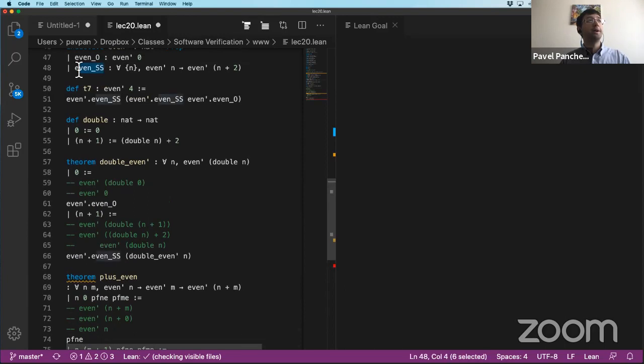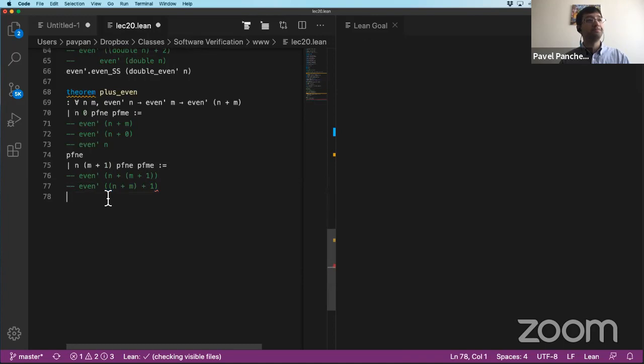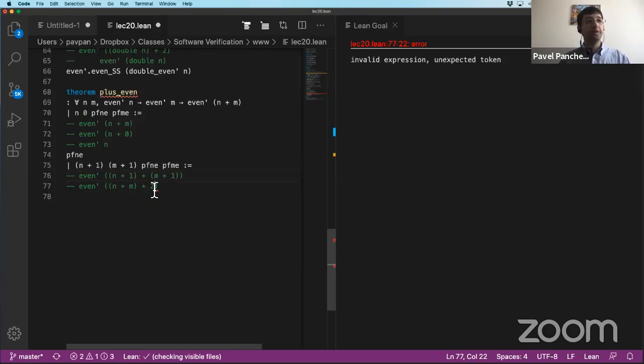Neither increment by 2 nor the 0 case applies, because I don't know whether this is 0, it's definitely not, but I also don't know that it's 2 bigger than some number. So to help with this, I'm going to specifically look at this simpler case where n is incremented by 1 as well, is at least 1 as well. So this way I get n plus 1 and m plus 1. That should give us n plus m plus 2. So I should be able to apply